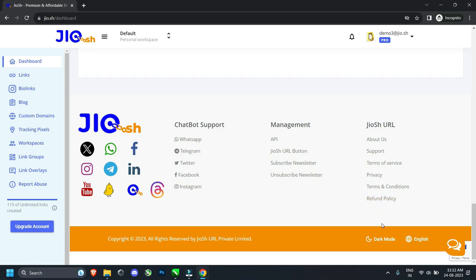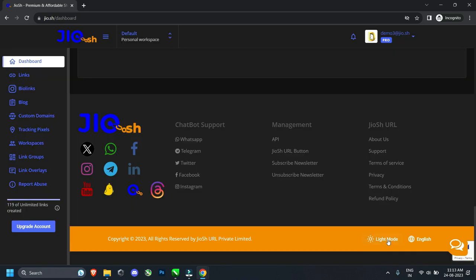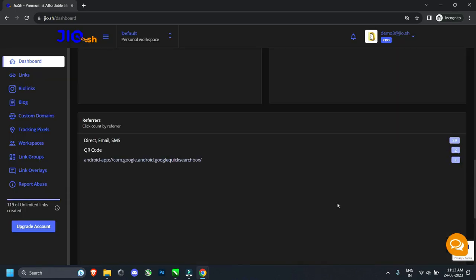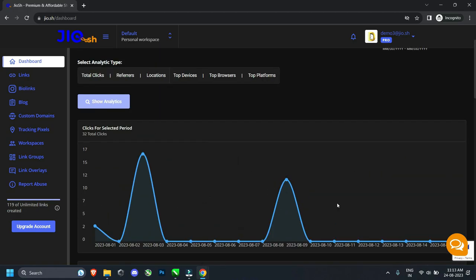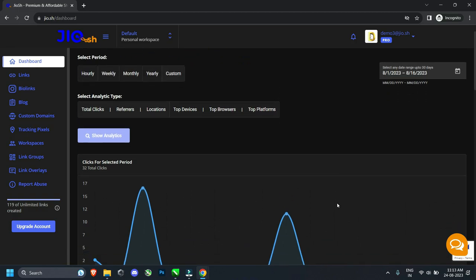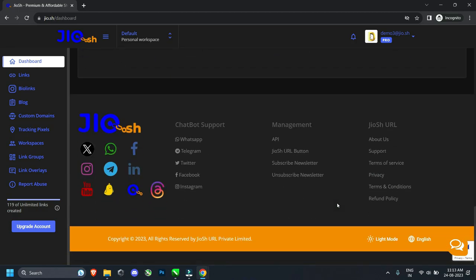Lastly, we understand the importance of personalization and convenience, which is why we offer a dark mode option. Located at the bottom of the screen, you can simply select the dark mode option to enable a visually pleasing dark background. You can easily choose the dark mode option by clicking on the arrow near your profile picture and selecting it from the list that appears. Should you wish to revert to the default white background, you can easily switch back to light mode with the